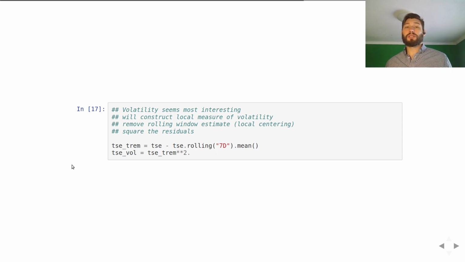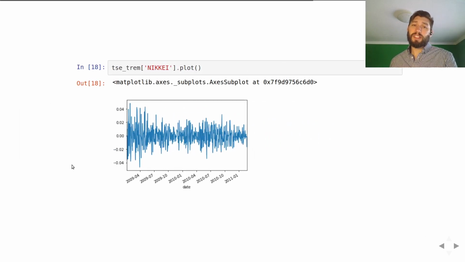And so what this will do is we're hoping that we've removed the local trends in the mean, and then by squaring it, the hope is that the expectation of that square is going to look something like the local variance of that entry. Right? So if we look at this for the Nikkei index,